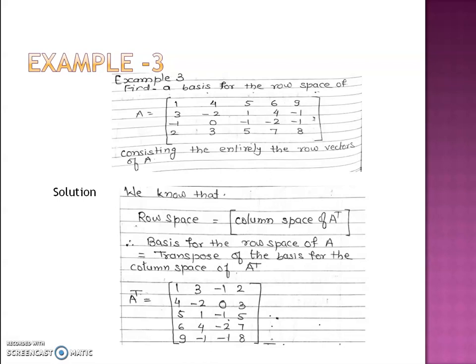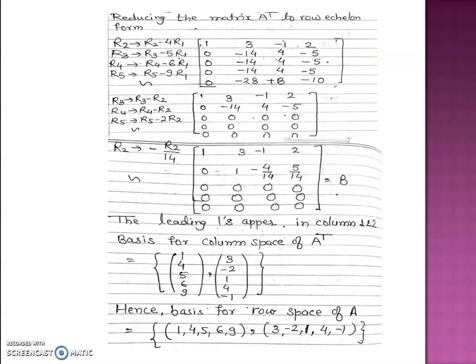We know that the row space of A is equal to the column space of A transpose. Therefore, the basis for the row space of A is equal to the transpose of the basis for the column space of A transpose. A transpose converts each row into a column and each column into a row, and vice versa. So, reducing the matrix A transpose to row echelon form,